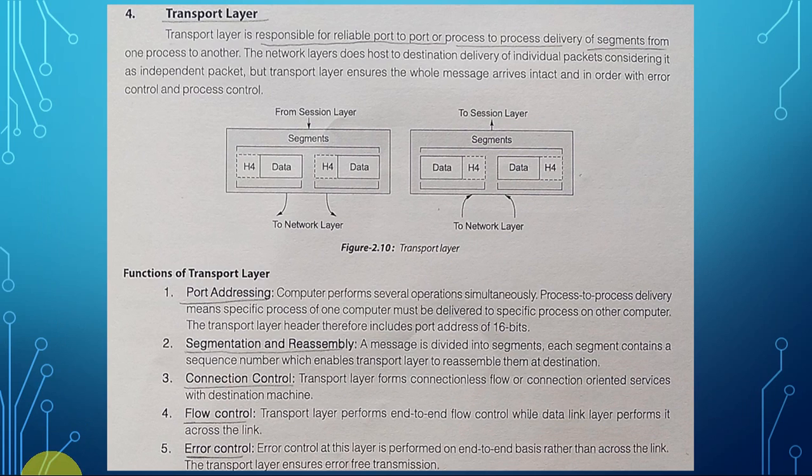Next is the transport layer. The transport layer is responsible for reliable port to port or process to process delivery of the segment from one process to another.